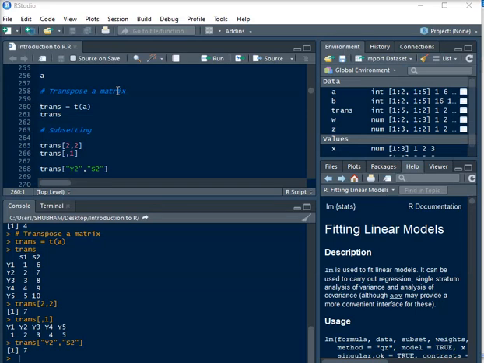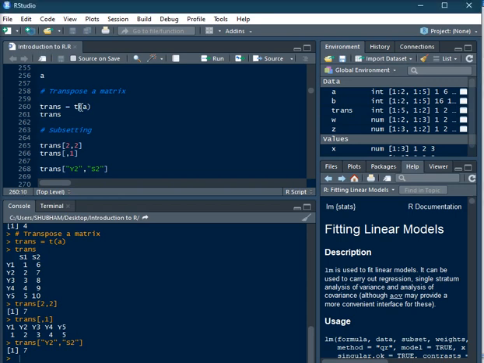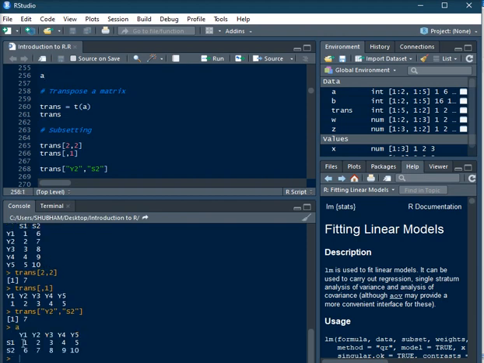Back. Today we will learn how to transpose a matrix and how to subset a matrix. Now, in order to transpose a matrix, you can use the t function, right? So let me just print the value of A matrix which we did in the last lecture, which is this. It consists of 5 columns and 2 rows. Now I want to transpose this matrix into 5 rows and 2 columns, right?